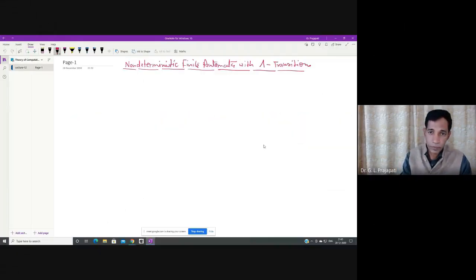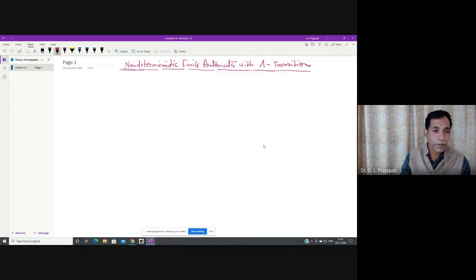We are going to see a more flexible machine, which is the non-deterministic finite automata with null transition. Here we allow the machine to transit on behalf of the null, and this is more flexible as compared with NFA. So see, if we are going for the examples, like